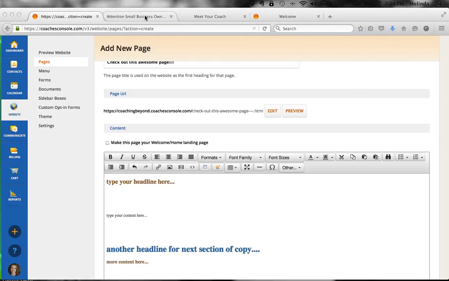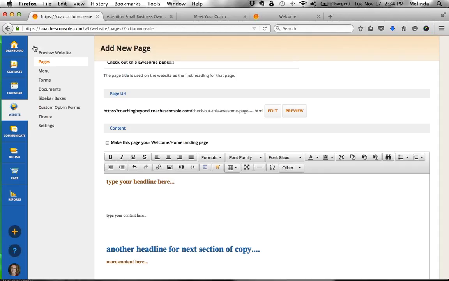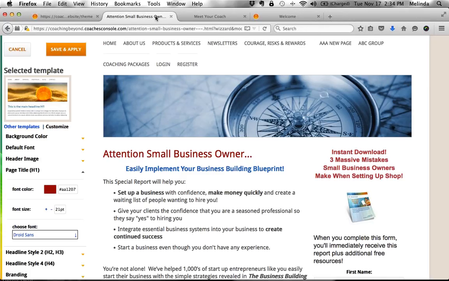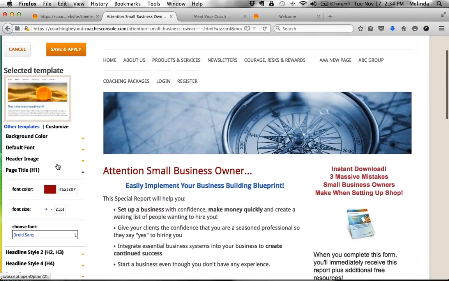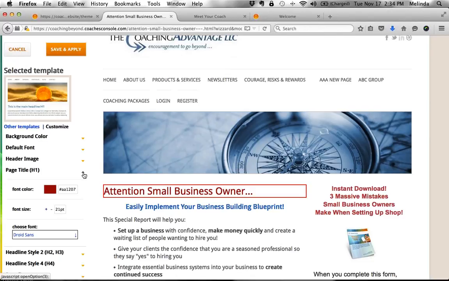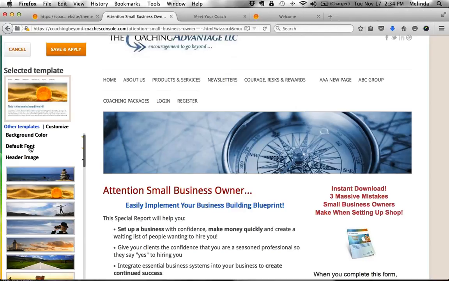Okay, so let's go back and take a look at one more thing about the branding, and then we'll open it up for general Q&A. So we're still in the website module, still under theme, still under preview and customize, and we're working in that draft of our website. At the very bottom of this left-hand side over here, once you are done with the page title, the header image, the default font, whatever you're working on over here,